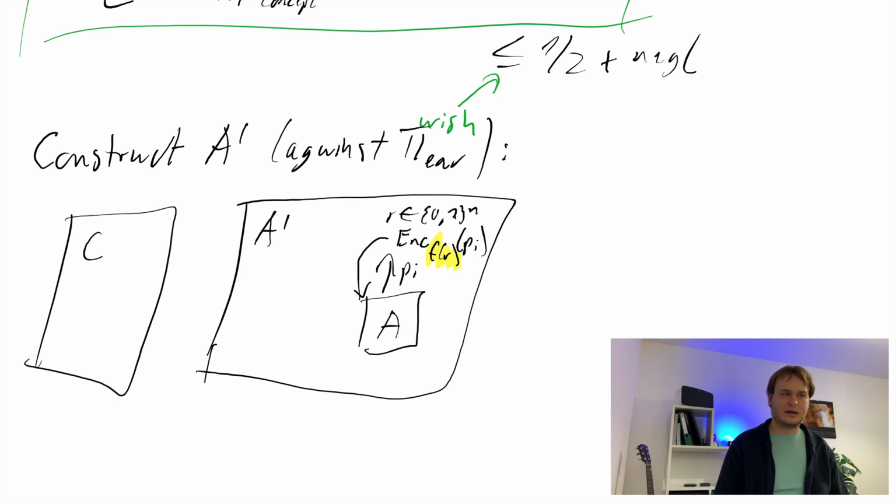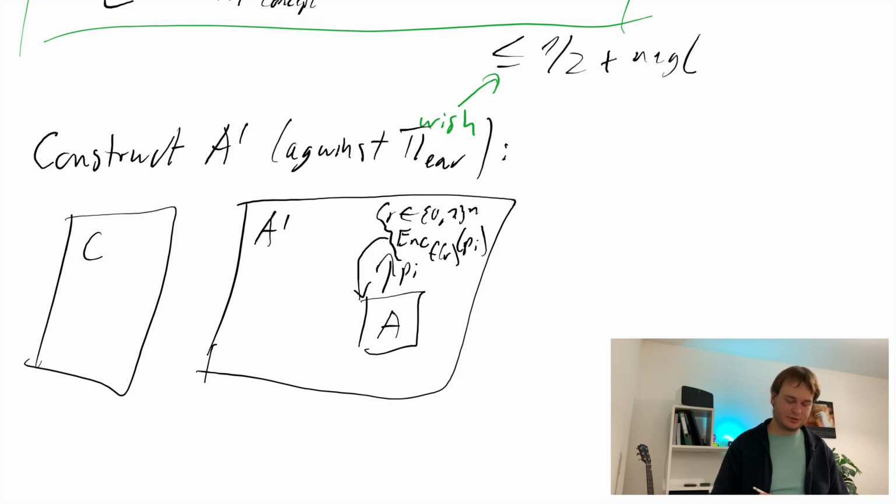Essentially, when I write f of r here, I just mean if that's the first time that you see r, pick a random string for it and call this f of r. If you've seen this r before, then reuse the same value as you did before. And this is exactly the right distribution of things that A would expect. So A would see a randomly chosen r and then an encryption under f of r, where f of r, because it's a random function, we can just replace with an actual random string.